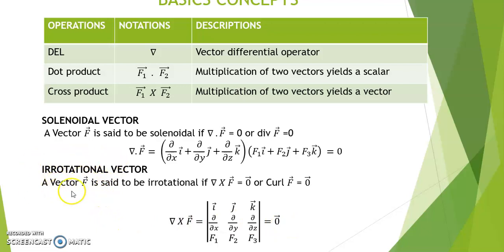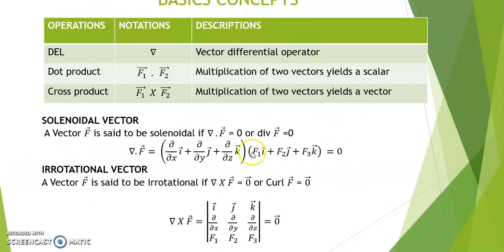So what do you mean by irrotational? If I split this word, I'll be writing irrotational, which means no rotation. So curl means rotation, curly hair. If I say there is no curl, which means 0, then I can say it is not curled. So the other name for it will be irrotational.